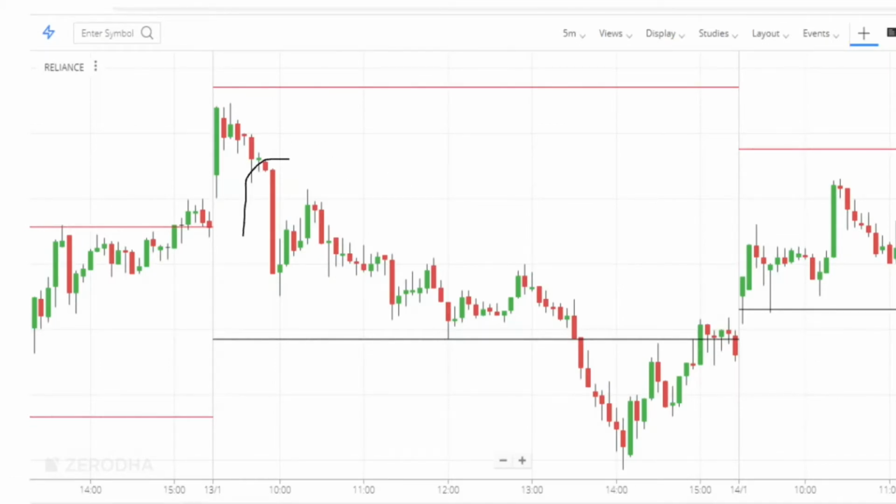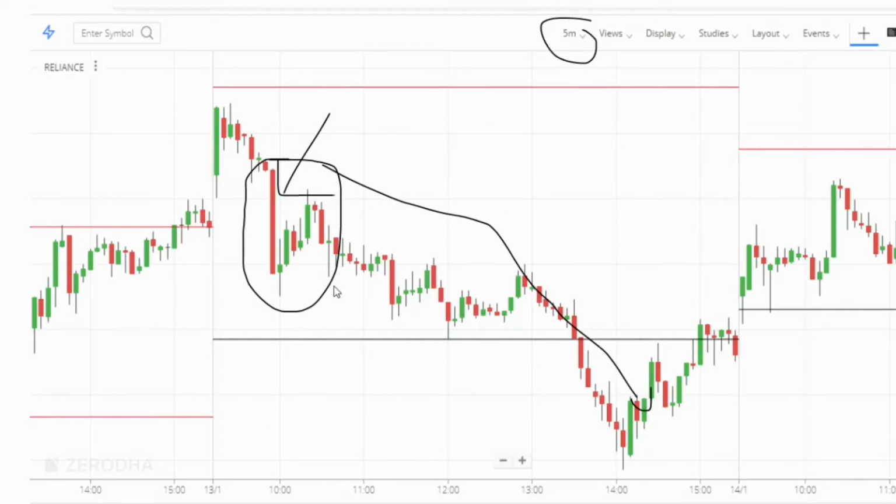Here you can see a big bearish Marubozu. This candle, big bearish Marubozu. You can see a wonderful price fall after that. In a 5 minutes time frame, you can see a wonderful price fall here. You would have booked a wonderful profit from here to here or till the pivot line. So how has this Marubozu formed, let us see.